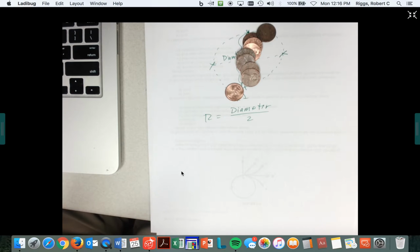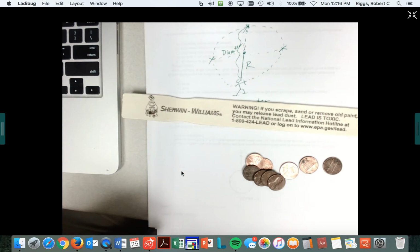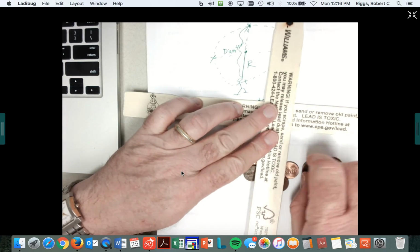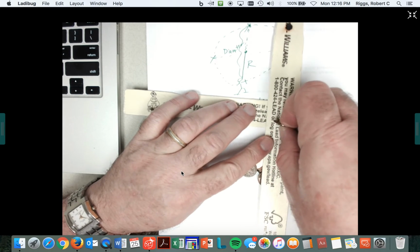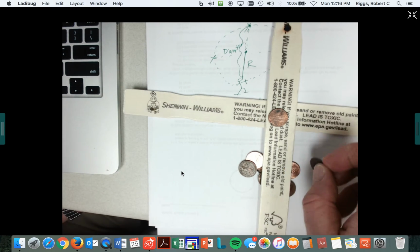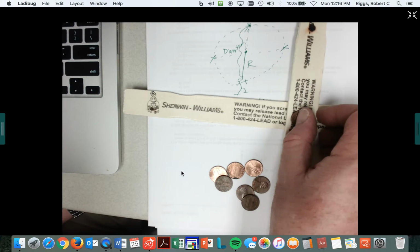Without trying to break the rubber band. Oh, I broke the rubber band. That's one of the problems. So yeah, all right. When you start to put the rubber band on, if you've got a washer there, you can get the rubber band through the washer. Or if you want, you could get 4 paint sticks and do this with pennies,